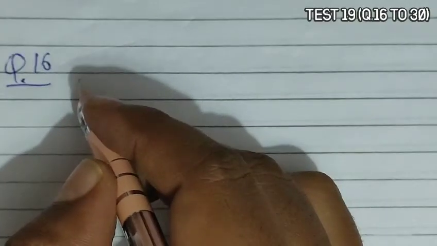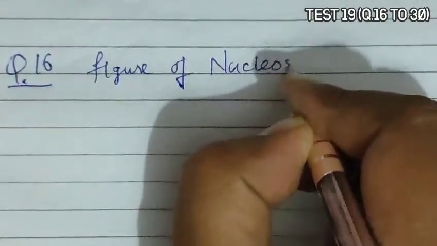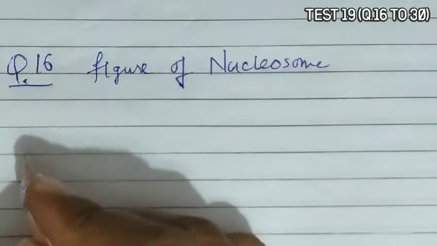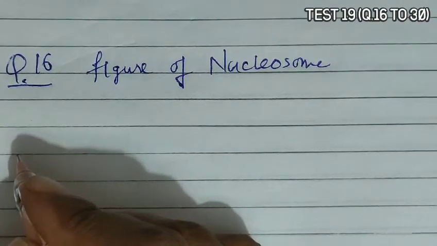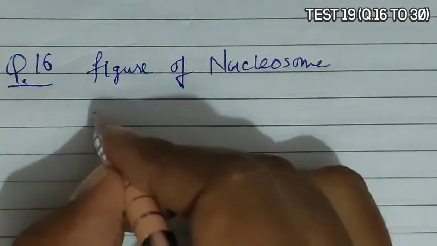Question 16. Question 16 asks that study the given figure of nucleosome and select the option that correctly identifies the parts A, B and C. So if we see the diagram,